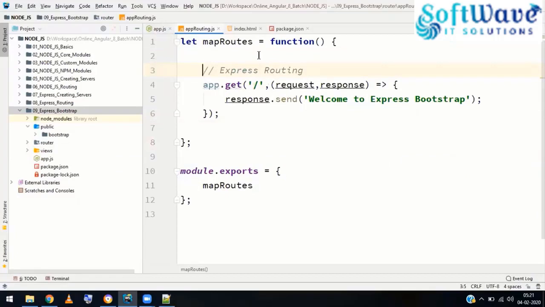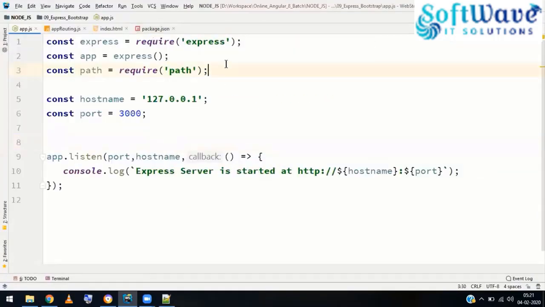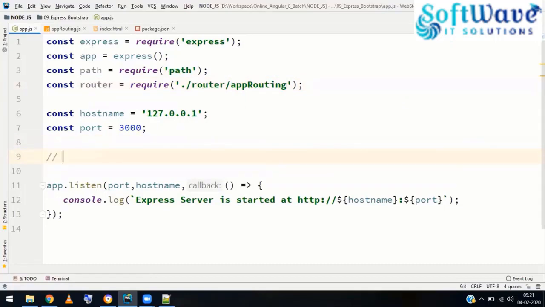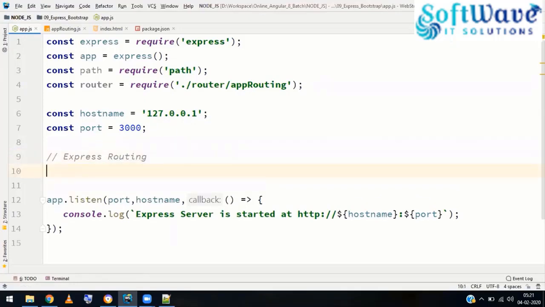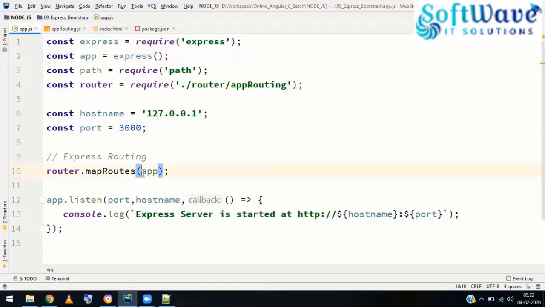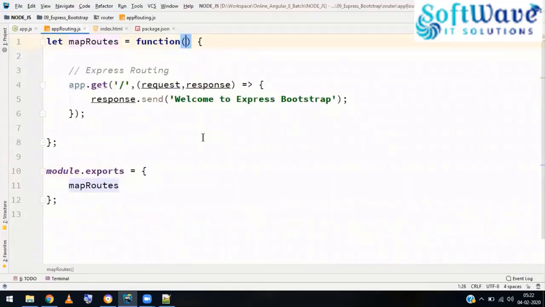Fine. And then let me call this. So let me load the router. So const router is equal to require ./router folder/appRouting.js, and let me call that. So let's make express routing. So router.mapRoutes. Let's pass the app. Okay, this app I'm gonna pass here, and here I'll just catch it as app. Okay, so let me test this once, and then